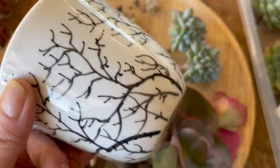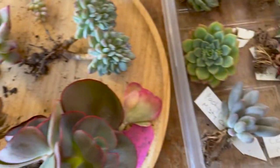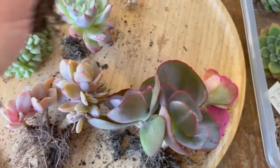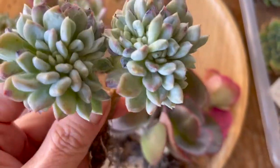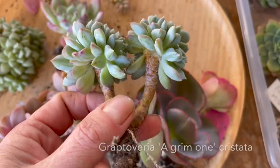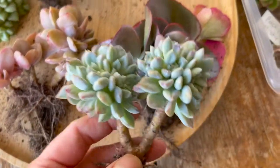This is one I got from Vietnam, and I showed you last time, no hole. So you just got to be a little bit more careful when you've got ones with no holes as far as watering. And this is a lovely Agrim crest, and I like how it's double-headed, like the big red,